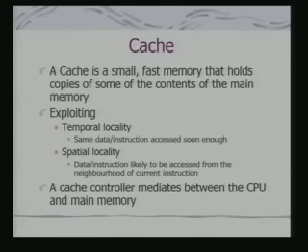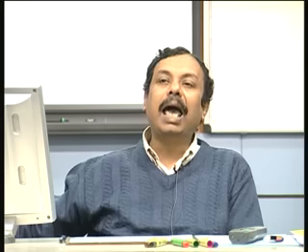The basic principle of temporal locality is that if we are accessing a data or an instruction now, it is very likely that I shall be accessing that instruction soon. So, once an instruction or a data element is loaded into the cache, what is likely is that the CPU next time will access that data or instruction from cache, and hence that access will be much faster.